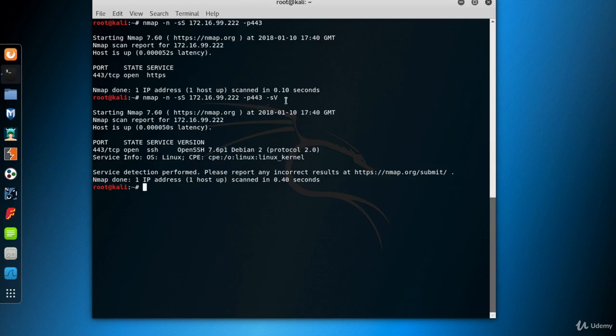version detection mechanism. Now, as you see, port 443 is running and the service is SSH, not HTTPS. Version detection interrogated the port to determine more about what is actually running. Nmap queried the port using the probes of the Nmap service probes database and matched expressions to recognize and parse responses. And the version of SSH is OpenSSH version 7.6p1. So, if you are not 100% sure about the type of the running service on a port, run version